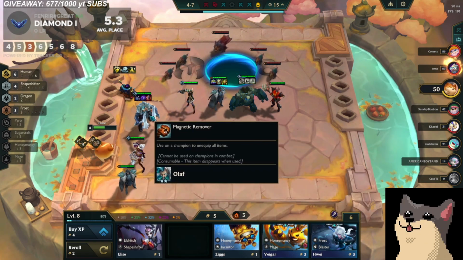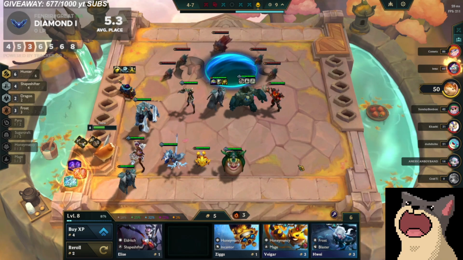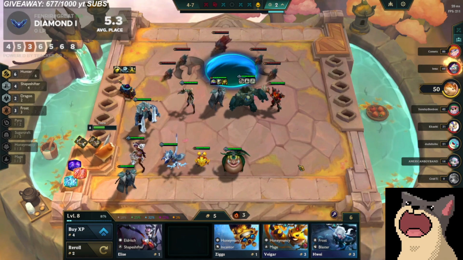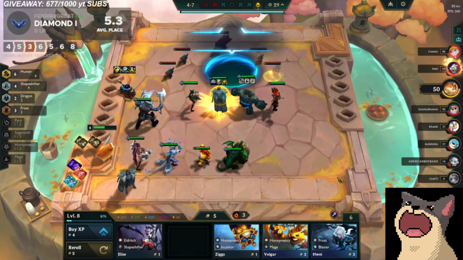Everything will be great, right? Here I'm going to item remove the Olaf. The reason I'm doing that is just in case I get a Bloodthirster to give my Olaf a bit more sustain, I can then put the Bloodthirster on the Olaf and itemize some of these items on a backline unit. Of course, this is Unleash the Beast Olaf, so Unleash the Beast does have a huge amount of